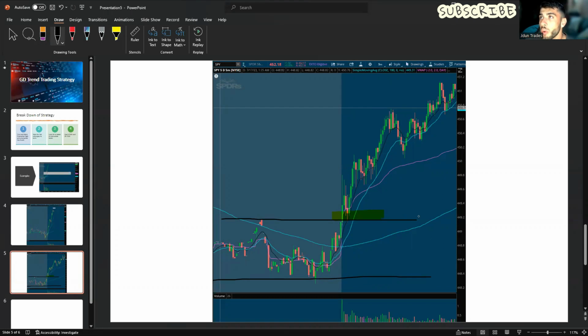So here we have step 1 already done, pre-market high break. Step 2, fair value gap. Step 3, retest of this pre-market high. Step 4, test of the 9 EMA. We get our entry for calls down in this level. And our stop loss is a 5-minute candle close below these levels. So somewhere down here probably. And as you can see, those calls took off and just